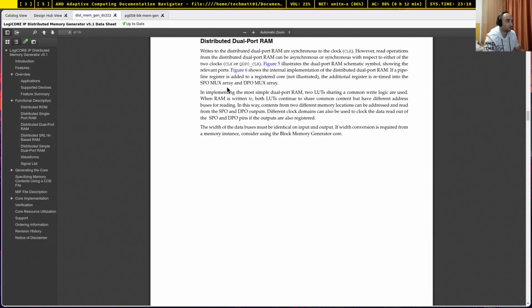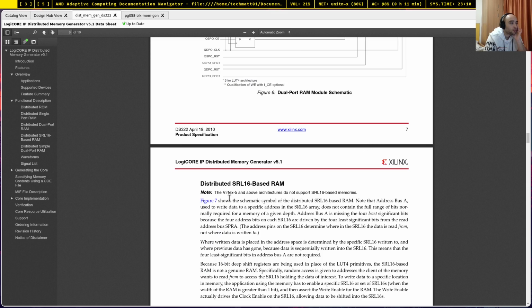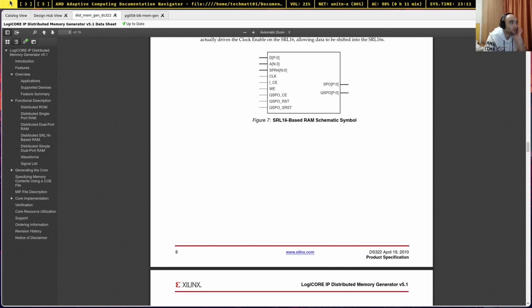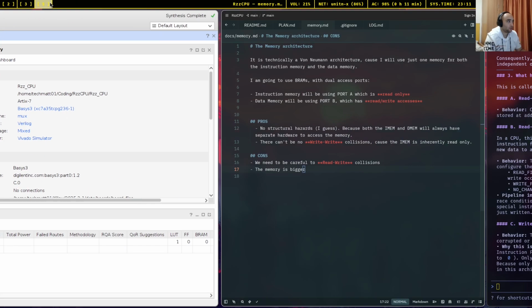So let's see the dual port RAM. In implementing the most simple dual port RAM, 2 lookup tables sharing a common write logic are used. I don't understand much, but okay. So let's ask for a quick check to Gemini if actually